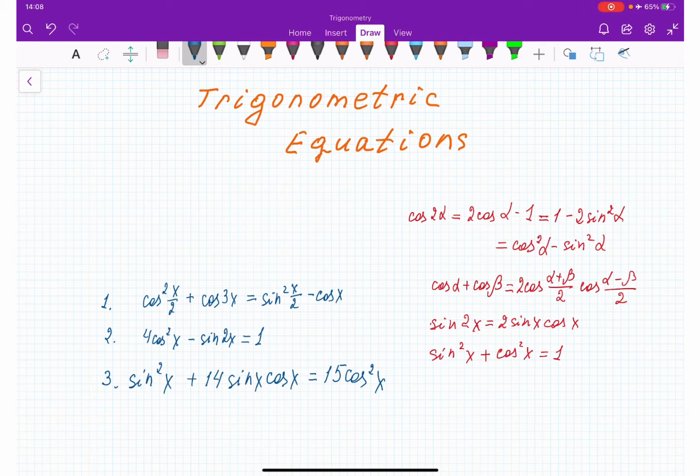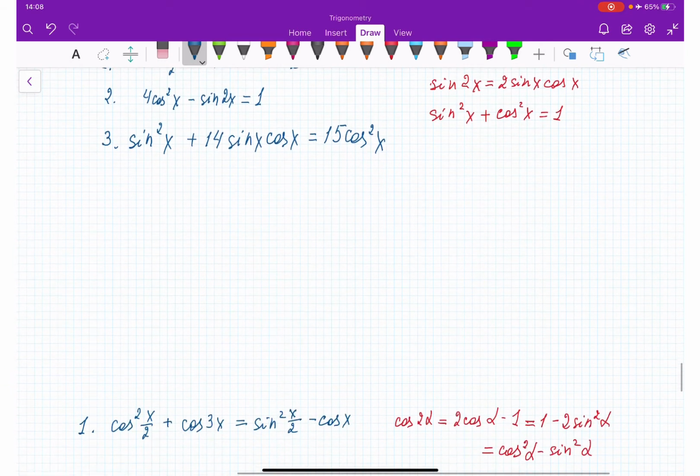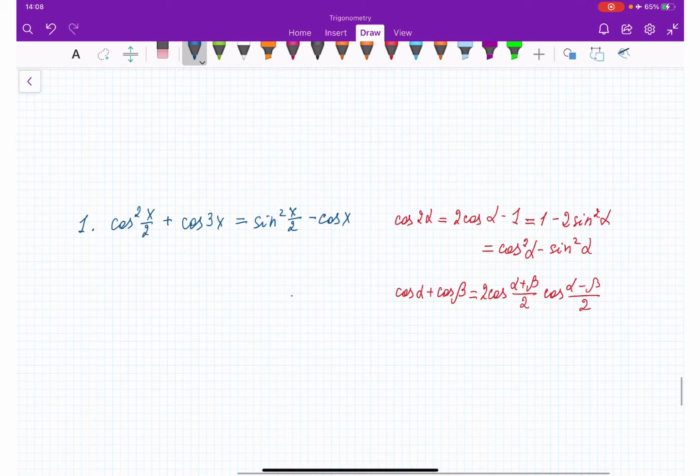So, okay, first equation: cosine square half of x plus cosine 3x equals sine square half of x minus cosine x. Let's start. So, what do we have? We have half of x, 3x, and we have x. So what I'm going to do, I'm going to bring together cosine square half of x